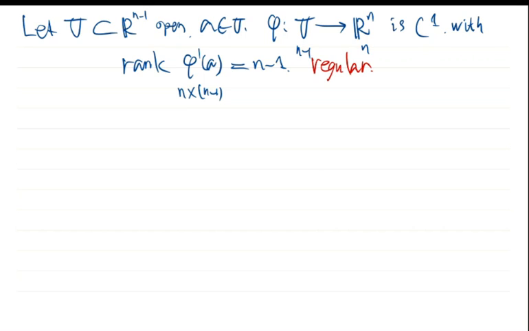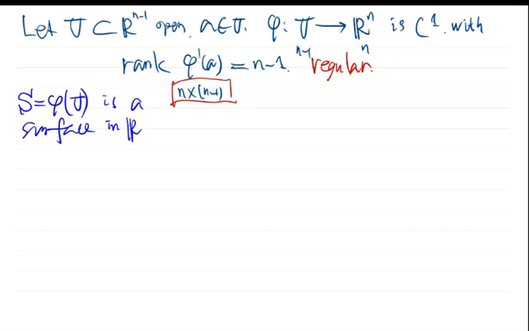If the rank is less than n-1, the image of this phi will be very strange and could not be called a surface. Only when the rank is n-1, the largest rank, because this is an n by n-1 matrix, so the rank is at most n-1. Now we assume that it is exactly n-1. In this case we say that S, the image of this map, is a surface